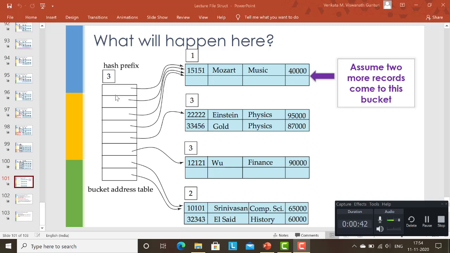So essentially all the hash values which start with 0 are coming to this bucket only. Now if there is an overflow in this particular bucket, let's say one record comes in, no problem, another record comes in, that will be the case of an overflow in a bucket with local depth less than the global depth, right? So as per our algorithm, I'll create a new bucket over here,